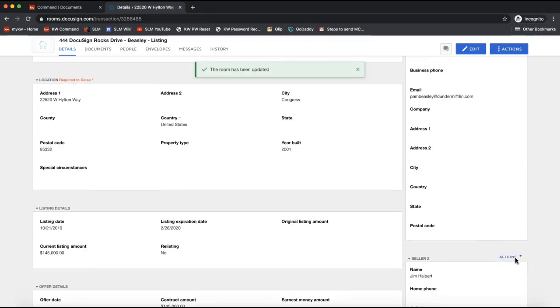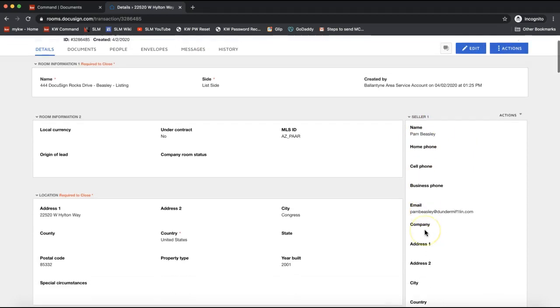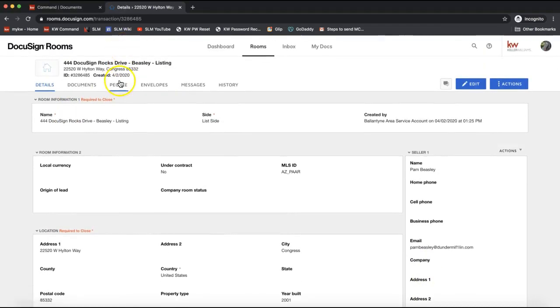Okay, so it is really important that you add, well, I suggest adding your clients in on the right-hand side here as opposed to the people section for this reason. So if you were to add your clients to this people section, so if you notice where my mouse is, there is a people section, which is very similar to dotloop, right? So when I first started using DocuSign, I was adding my clients to the people section. The reason I did not like that is because as soon as I added my client to this people section,